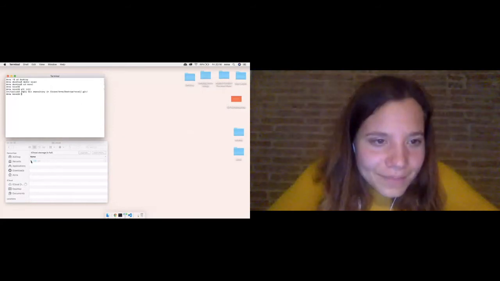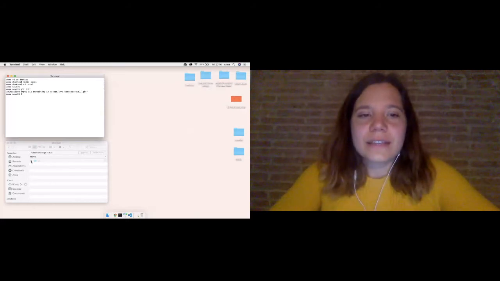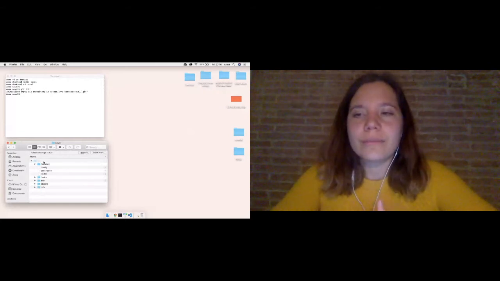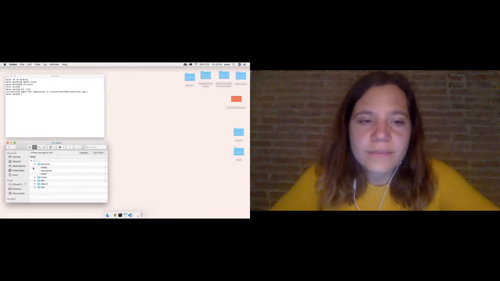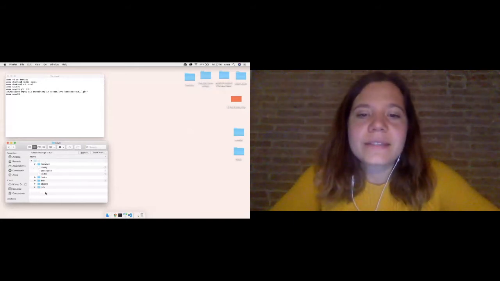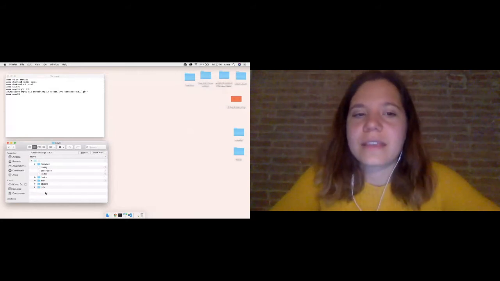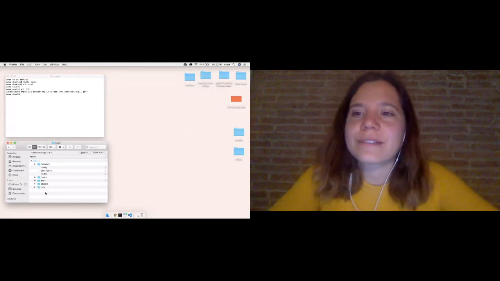Let's open this up. All right. So inside this .git directory, and directory is just another word for folder, they're the same thing, we can see that there's a bunch of folders and files, and they may seem like gibberish at the moment, but we're going to be looking into what some of these things are throughout the presentation. So let's go back to the presentation.